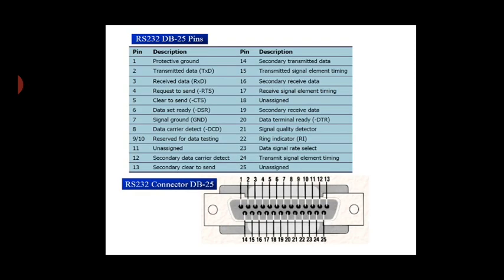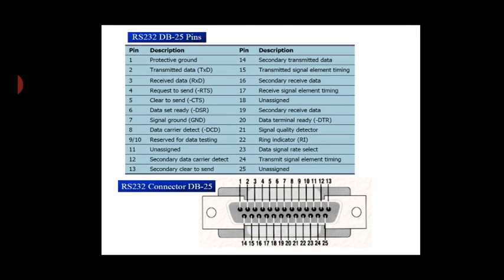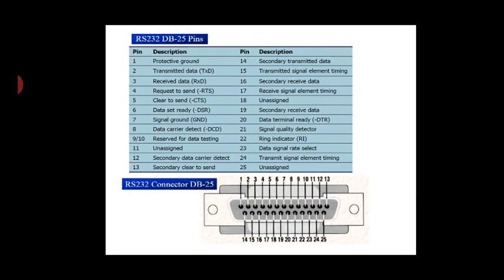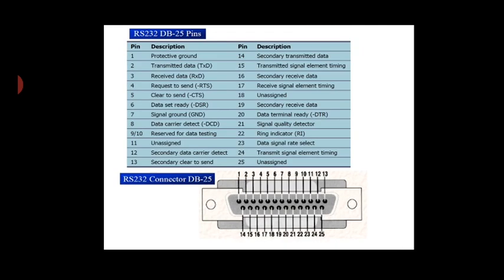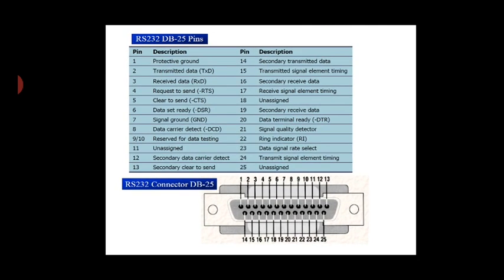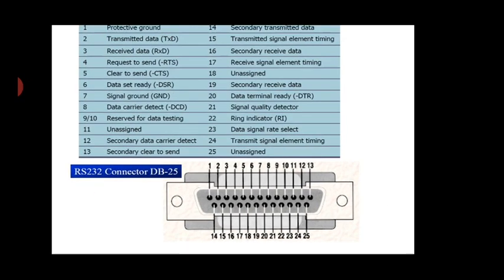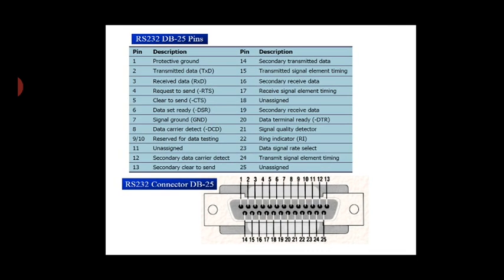Look at this. RS232 is a port. As we have seen on most of your PCs, it is a connector. I hope you might have seen this type of shape. It consists of a 25 pin D shell. We call this a D because the shape looks like a D, and the numbering is given at each pin, from 1 to 13 in the first row, and in the second row 14 to 25.